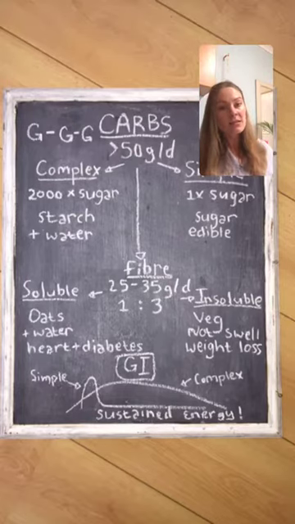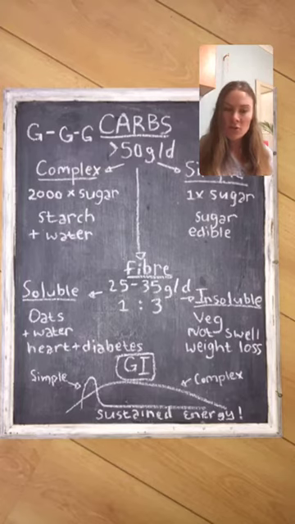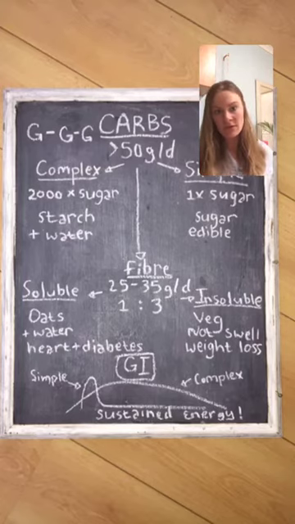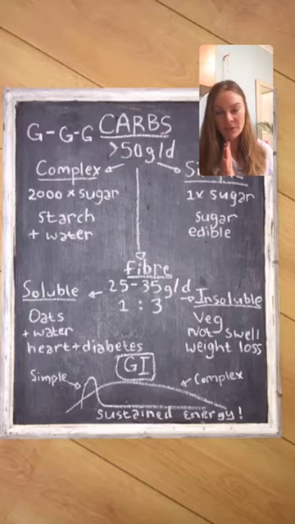And this is important to know because if you eat a lot of soluble fiber, then you also need to consume a lot of water. Because if you don't consume water with your soluble fiber, you will have problems like constipation because it will just absorb all the water and that can form a problem.